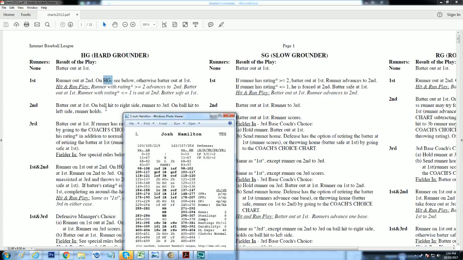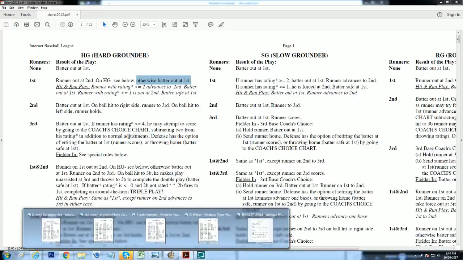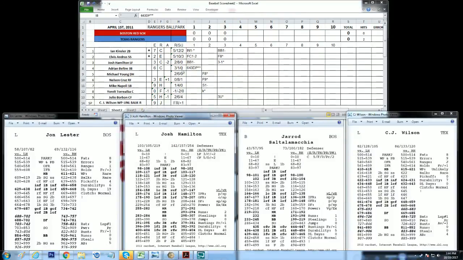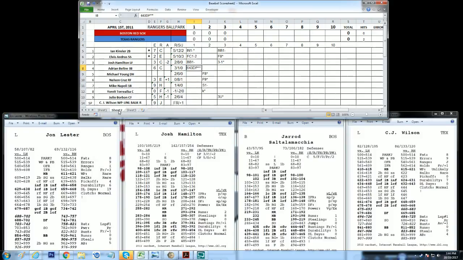It just seems like hard ground ball, runner out at second. If you didn't get the dash symbol, batter's going to be out at first too. So that's like an automatic double play to me. I don't know if we just got unlucky and there were a lot of double plays rolled. But it's like double play, double play, double play. Every time you get a runner on,